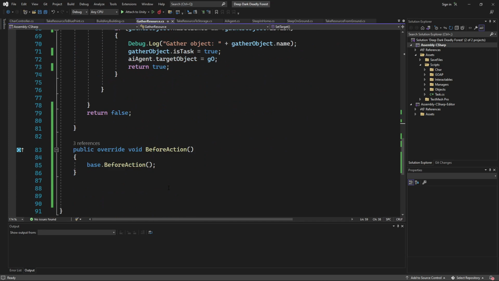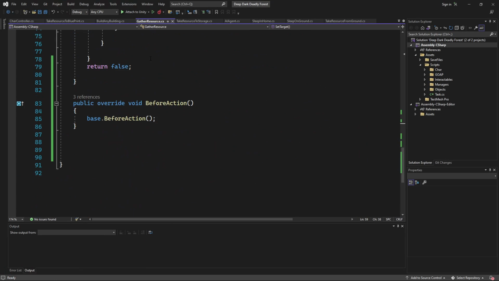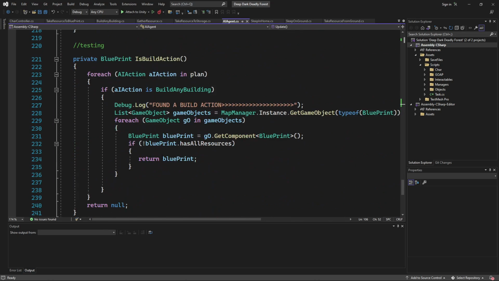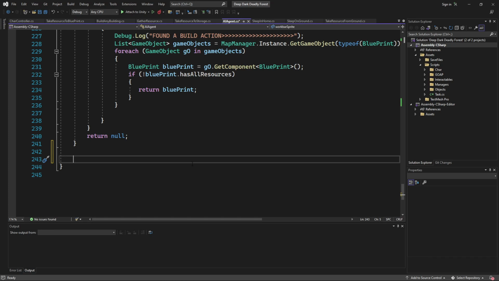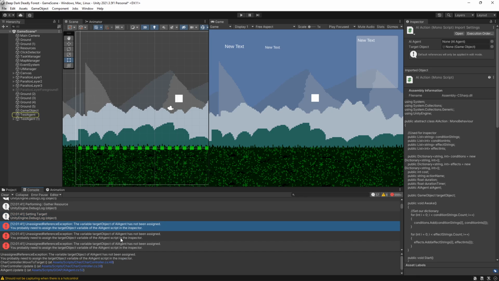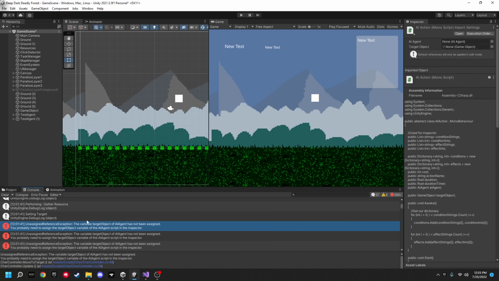For certain ones, set the target. Go back to that AI action. No, we don't want that. This is in the first one. Hold on, I might have something incorrect.